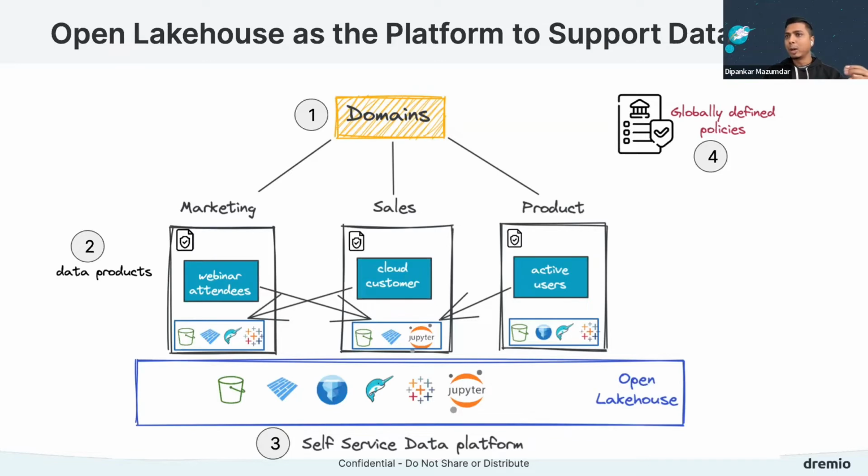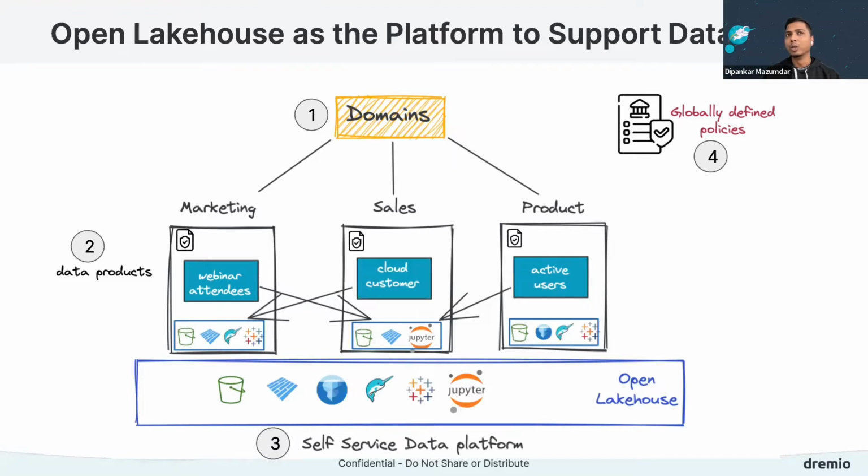So coming back to the point where we let each domain have that onus and responsibility of creating data products, it's important that each domain has the right set of tools, right? So for example, in this case, let's say the marketing team has their own domain. Now they see that there's the self-service data platform. What they want to do is create their own data products. So based on their requirement, if they want the data product to be used by some other team, for example the sales team, which is the interoperability part of data mesh, right?